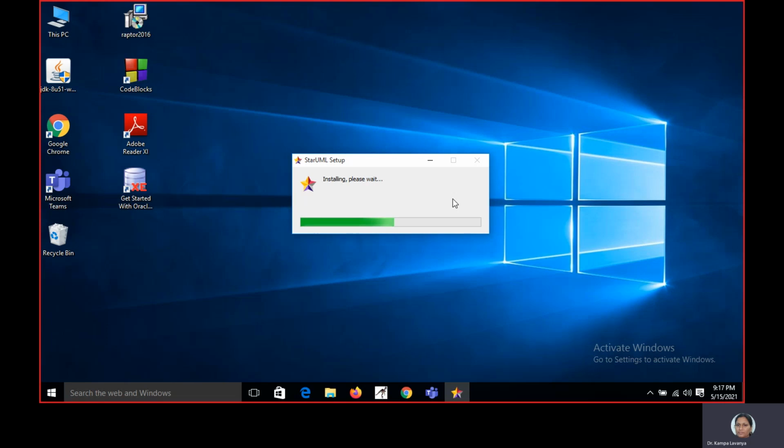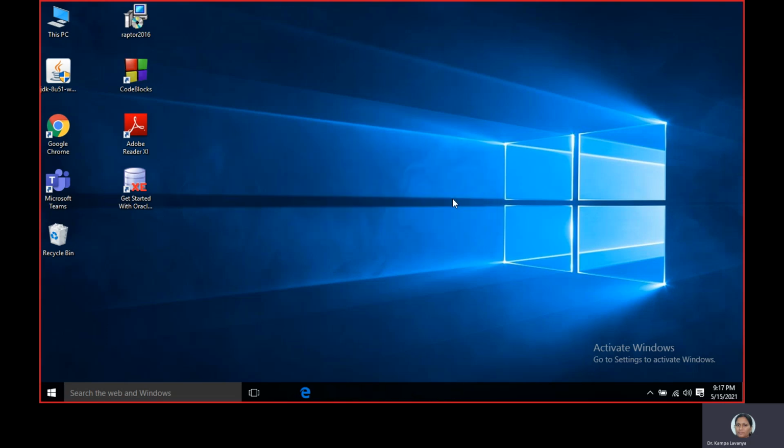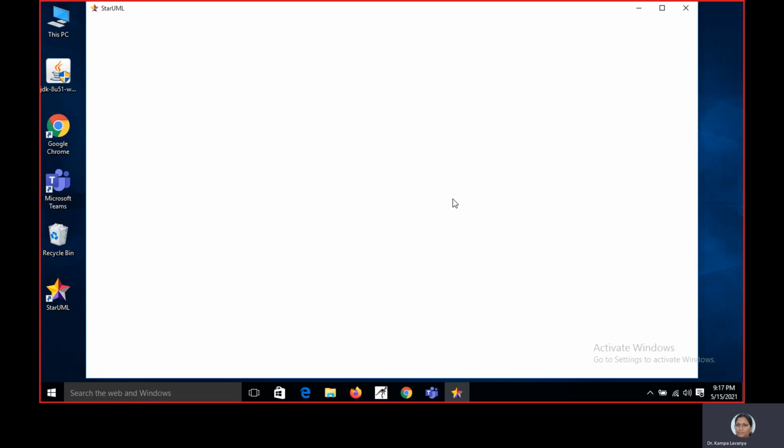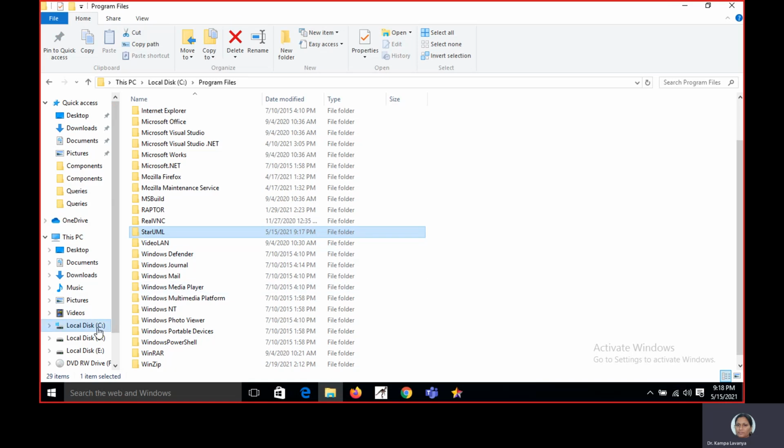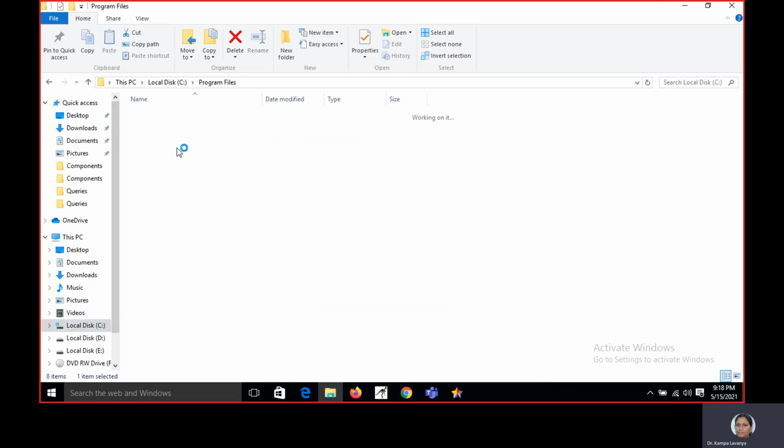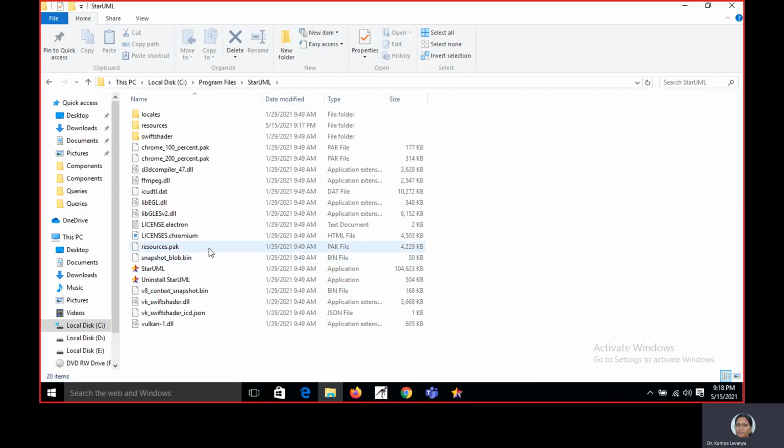If you are installing for the first time, it will ask you where to load the files. I already attempted the installation, that's why it is not asking. By default, Star UML will be in the program files. To verify it, go to the program files. Under that you will find the Star UML software.